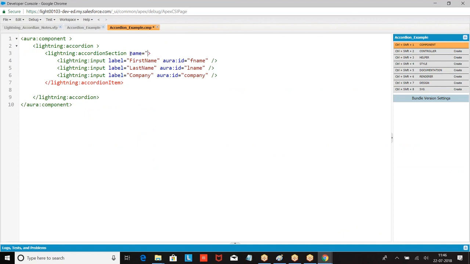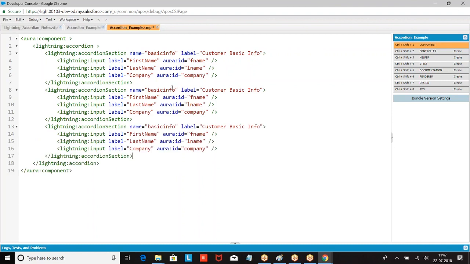Here section name equal to basic info, and we have label customer basic info. Right. Accordion section, basic info, education. The lightning accordion section is the same as the page block section. Now, accordion, lightning accordion sections. So here I am going to take